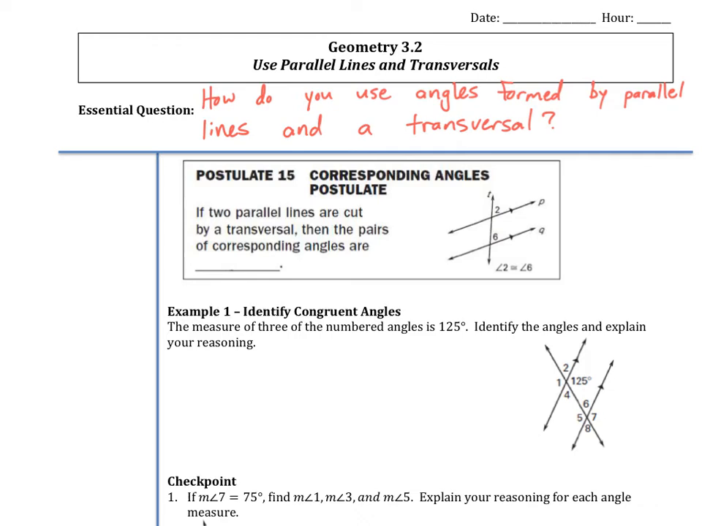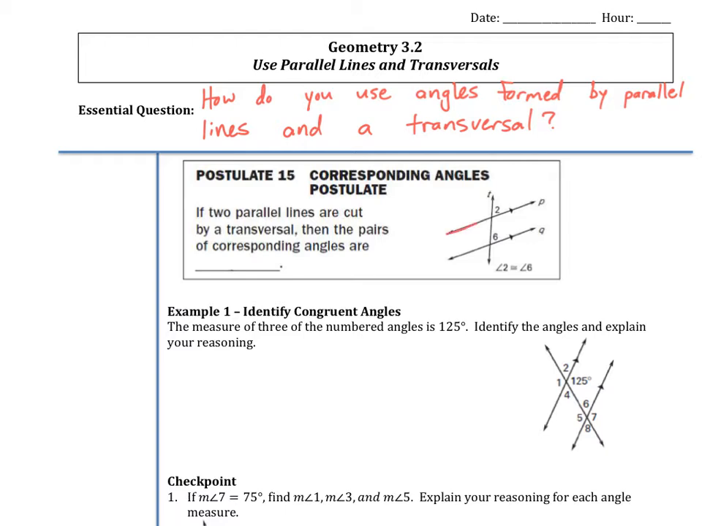Section 3.2 is on using parallel lines with transversals. So in 3.1, we talked about what types of angles we have: your alternate interior, your alternate exterior, your corresponding angles. We talked about all those kinds of angles and how we identify them. Today we're going to talk about what we can use them for, what we know about them, and why they are special. So postulate 15, the corresponding angles postulate, says if two parallel lines are cut by a transversal,